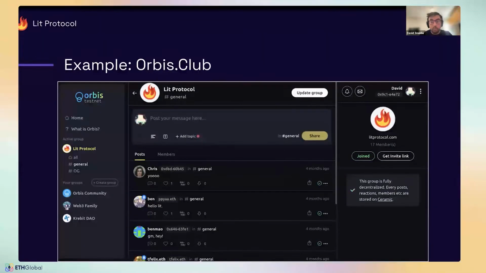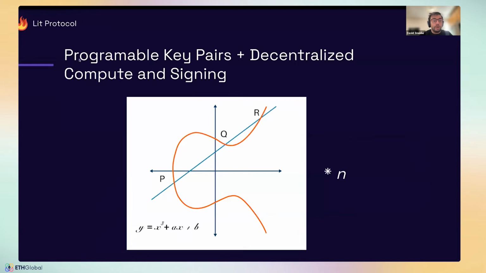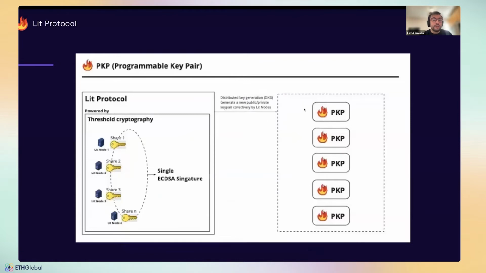What the whole team, including Chris and I, are really excited to introduce today is the notion of programmable key pairs and the ability to do decentralized compute and signing. From the perspective of the network, for the access control and encryption product, Lit was just one key that was checking those credentials and provisioning access. Now we're imagining a future with our community whereby every agent using the web, in addition to having their hardware wallet, their mobile wallet or their browser wallet, can also have a decentralized